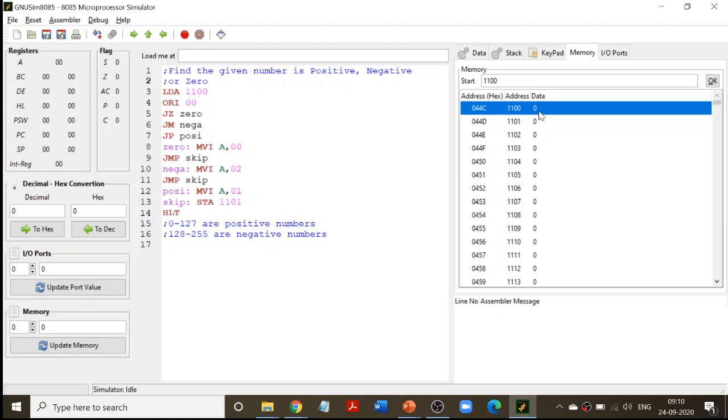Since you have studied the flag registers already, the value of the accumulator can be either a positive number, a negative number, or 0. So depending on that, we are going to see the flag register's value and then decide what the number is. For example, the flag registers will only be set when there is an arithmetic or a logic operation. After any arithmetic or logic operation, your flag registers are going to be set or reset. So they are going to be active only after an operation.